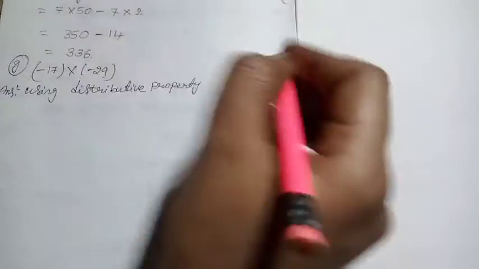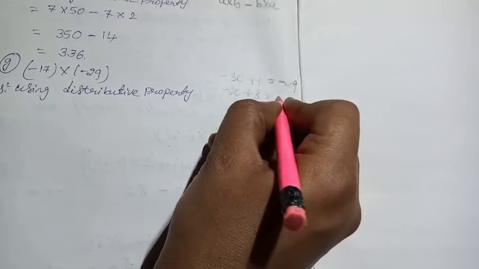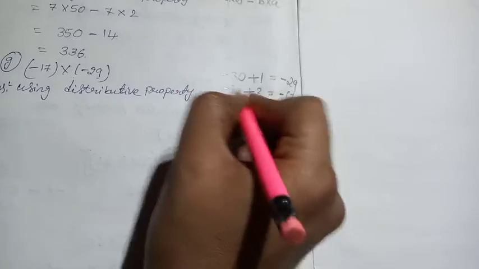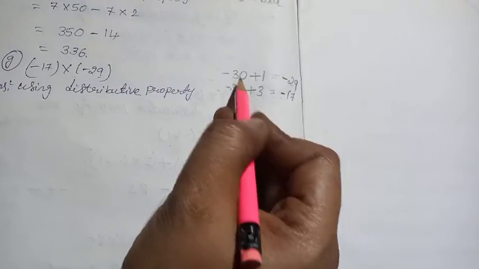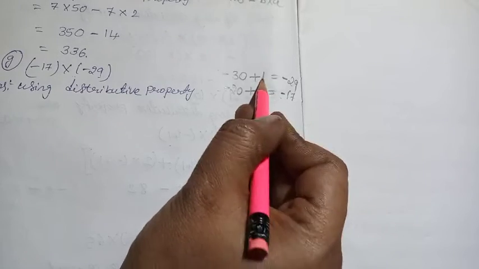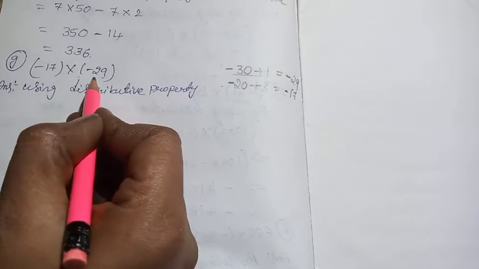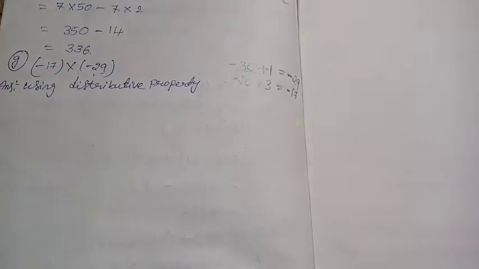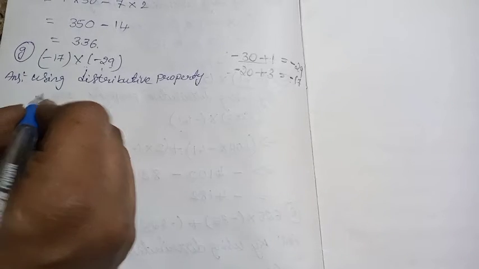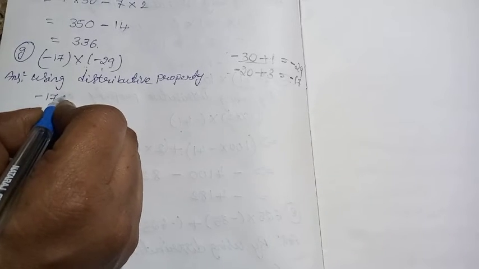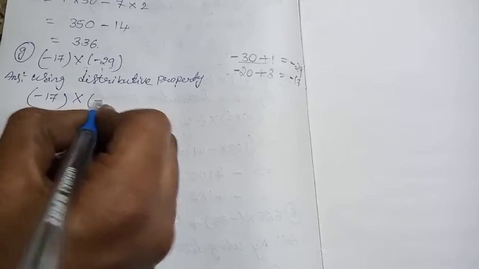So like that, minus 17. Here what are you going to take? Minus 20 plus 3 you will get minus 17. Plus into minus, minus, but you need to keep the bigger number's sign. Okay, which one is easy for you to calculate: multiplying by 1 or by 3? 1 is easier, no? That's why I'm going to split this 29 here. Okay, 17 I will take as it is, by using the distributive property. So I'm going to take minus 17 as it is, into minus 29; in its place I'm going to take the split.